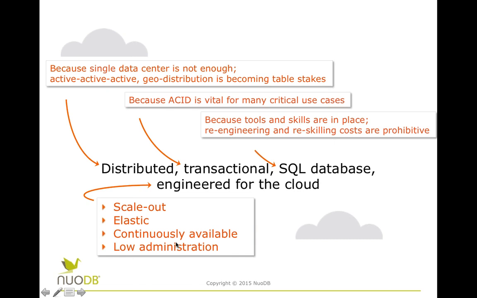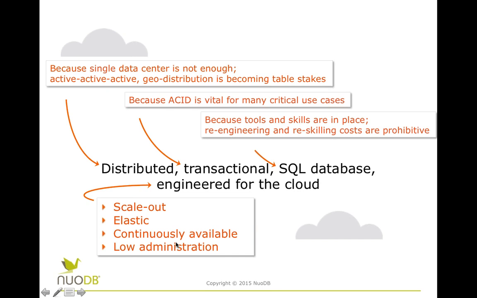If you've got 5 national data centers in a provider in a country, then you need to be able to deliver across all of those 5, or else you're going to have a very difficult infrastructure to deal with. So it's not just active, active, it's active, active, active. And it's becoming table stakes.